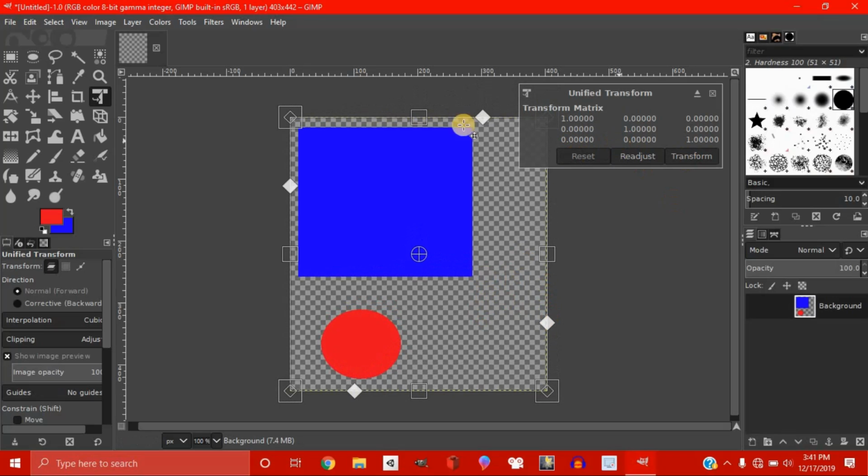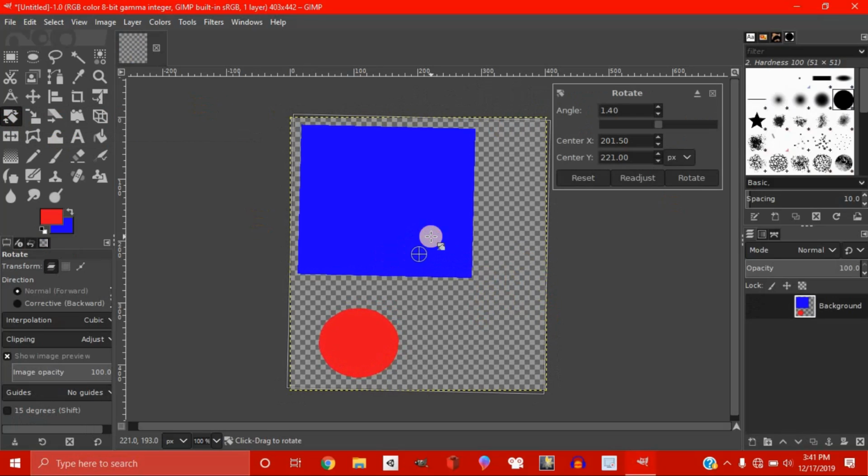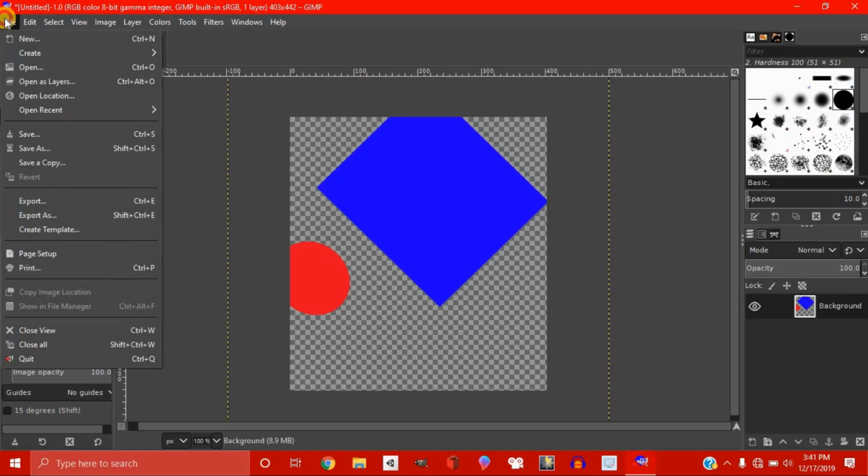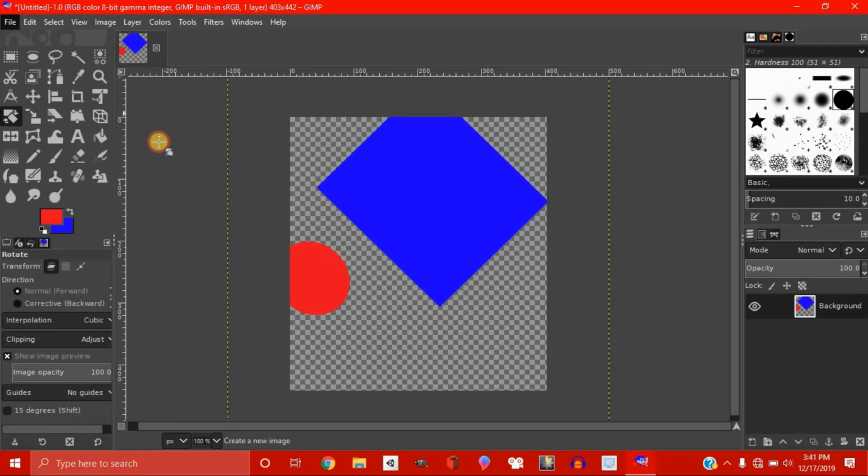We also have a rotate tool, which rotates, and it can be adjusted by slider, or you can type in the degrees. And then we have a scale tool, a shear tool, a handle transform tool, a perspective tool, all of these transforming tools. And then we have the flip tool. So this is good if you want to make, like, let's create a new project,